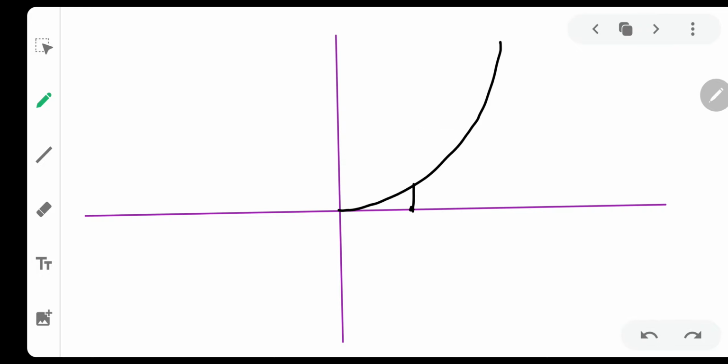Suppose if the same function did have this graph, then what would have happened? For two values of x, there is one value of y. So which is not happening, right? It will be many to one function, and many to one functions are not accepted. So this particular function which we have drawn the graph of is 1 to 1 also. Okay, and let me say its range is the same which is given from 0 to infinity, which is actually a part of the codomain which is given. That is why it is a 1 to 1 and onto function, hence its inverse will exist.